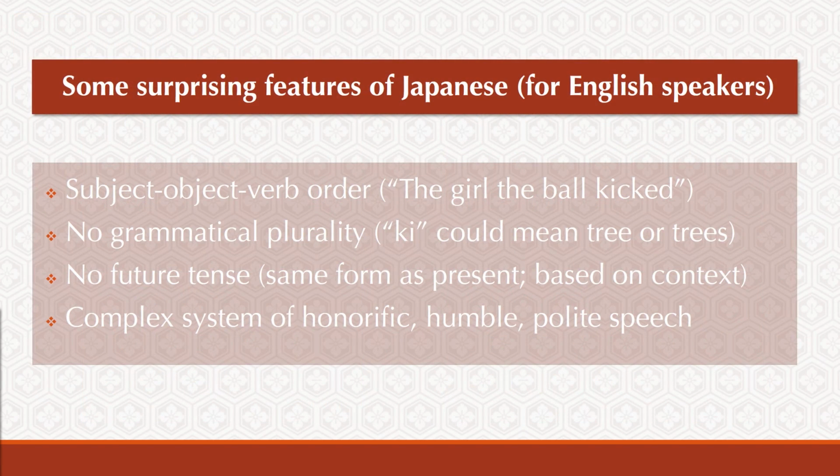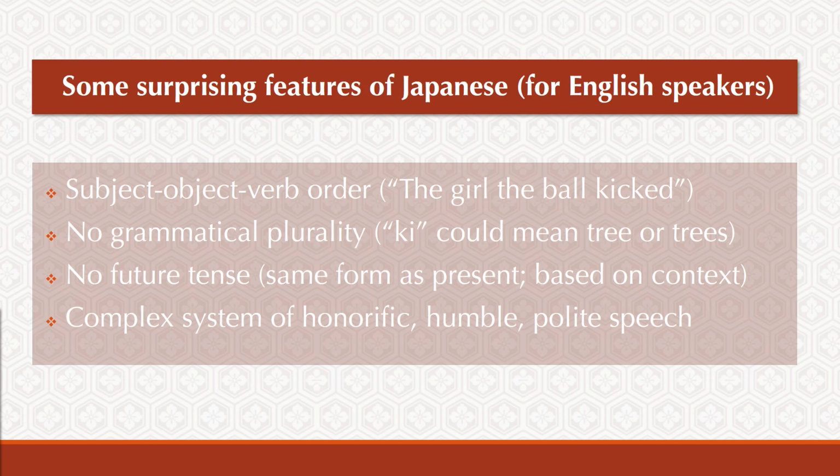Japanese uses a subject-object-verb order. For example, the English expression, "the girl kicked the ball," would be written or spoken in Japanese as something rather more like, "the girl the ball kicked." Japanese nouns have no grammatical number or gender, and plurality, for example, has to be understood from context, with the sole exception of a few specialized nouns that have inherently plural meanings.